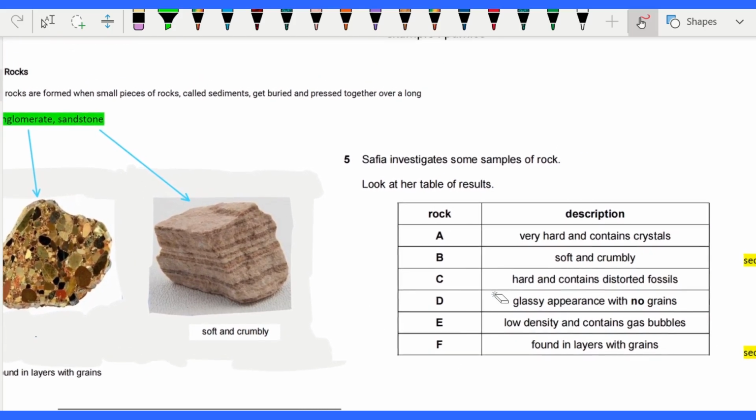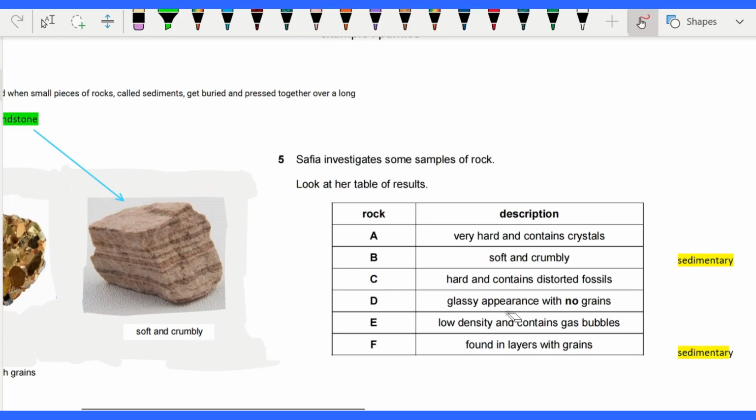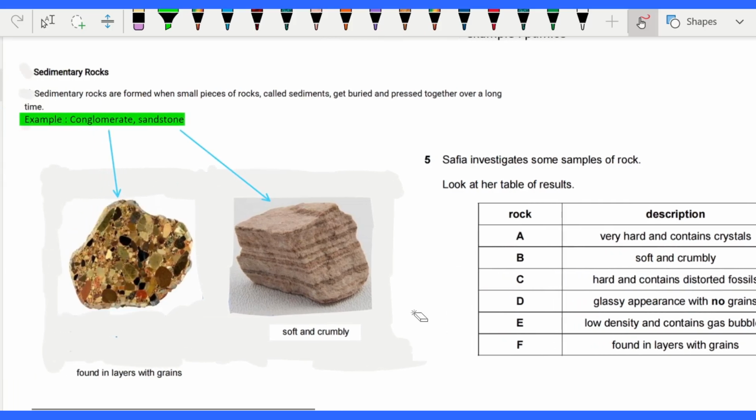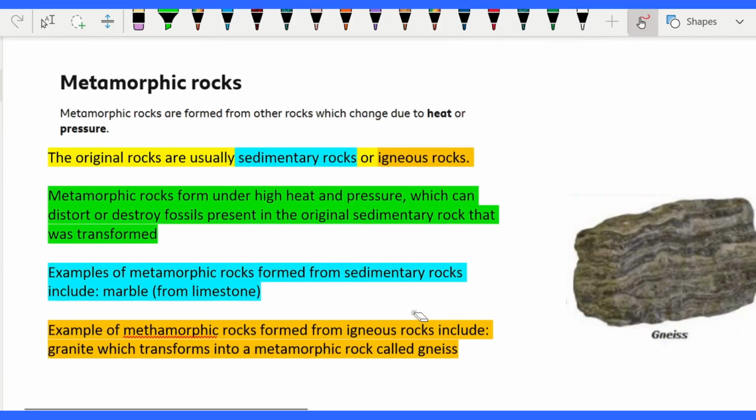So the last that is not yet identified is rock C, which is hard and contains distorted fossils. So these are metamorphic rocks, which are formed from other rocks that change due to heat or pressure. The original rocks are usually either sedimentary or igneous. Metamorphic rocks form under high heat and pressure, which can distort or destroy fossils present in the original sedimentary rock